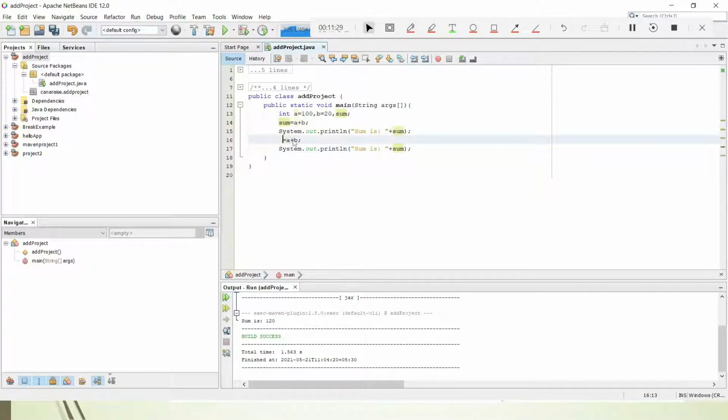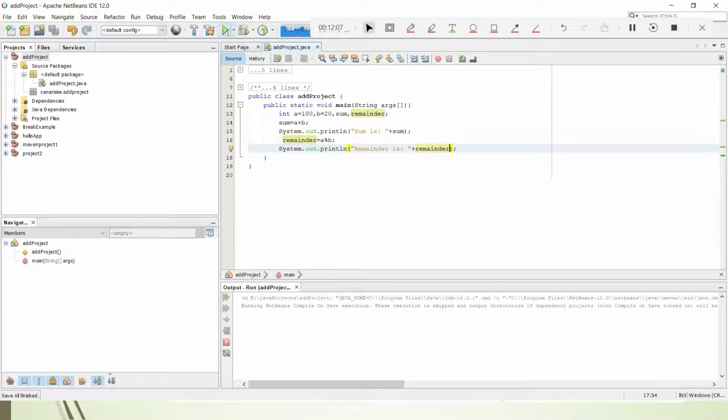I'll just give remainder. Now which is the operator for the remainder? It is nothing but percentage, so shift and the percent key. But for remainder you also need to declare it first, so I will declare it as remainder. Once I do that, I also have to print it with System.out, the remainder plus the variable for remainder, which is nothing but remainder. Once you do that, it will also come.